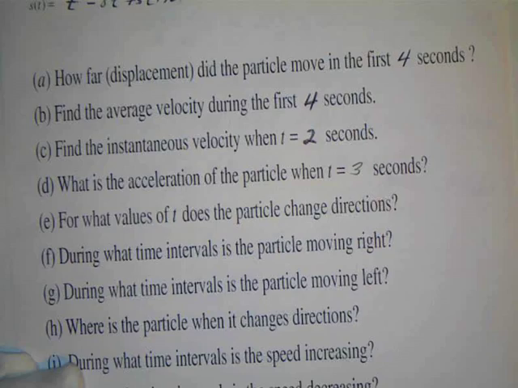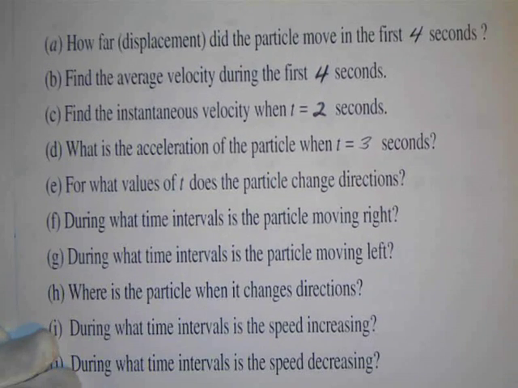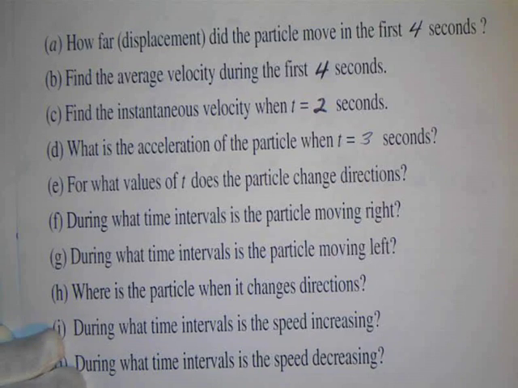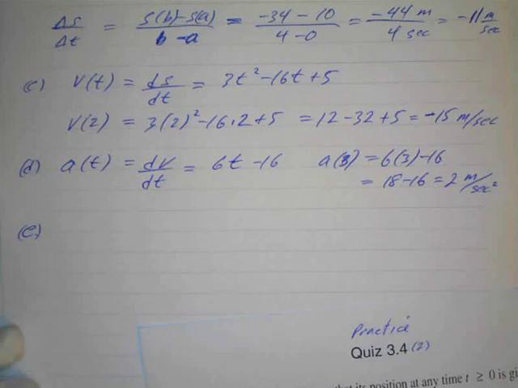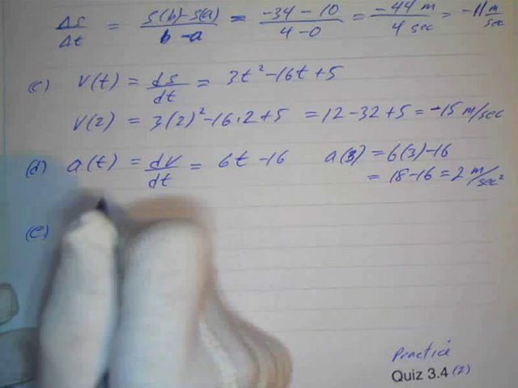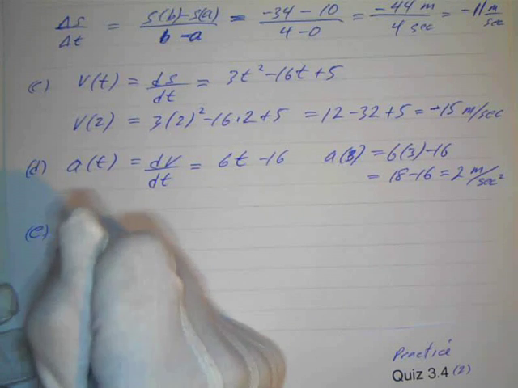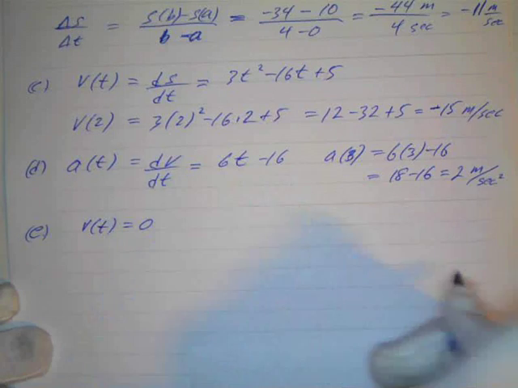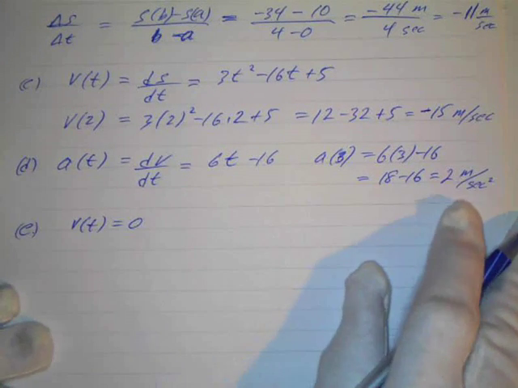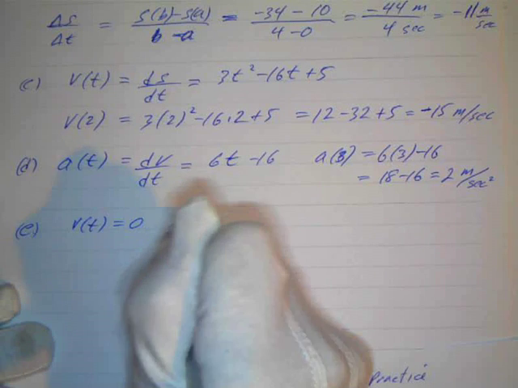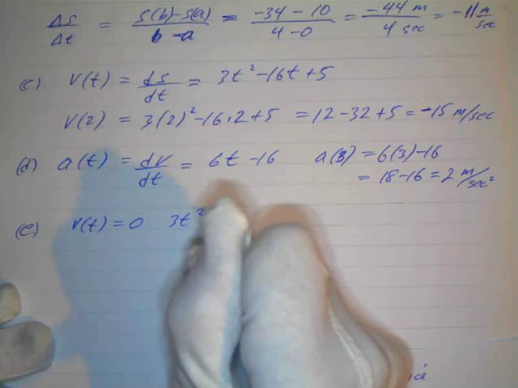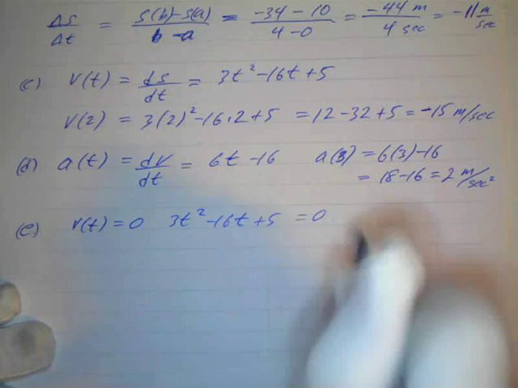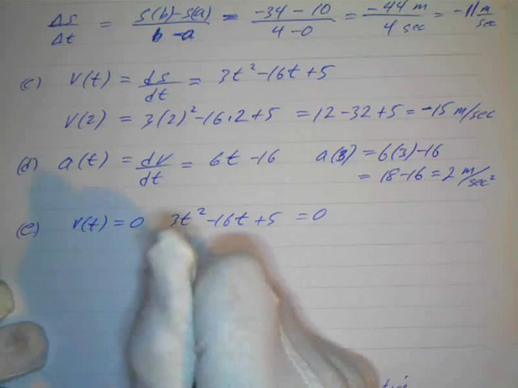For what values of t does the particle change directions? So we can first of all find out, we know in order to change directions it's going to have to stop, so we're going to have to set it equal to 0 to find out when it stops. So we'll say velocity equals 0 when 3t squared minus 16t plus 5 equals 0. And we'll try to factor this. This is a nice